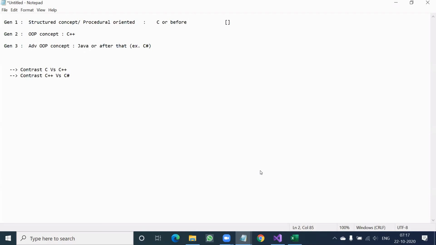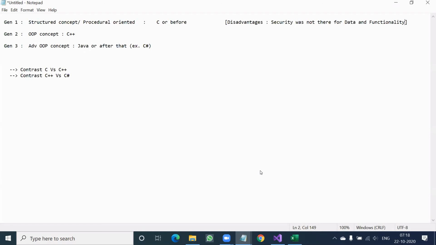Okay. So disadvantages is security was not there. For data and functionality. Data means whatever input you are entering or output you are seeing, that is called data.